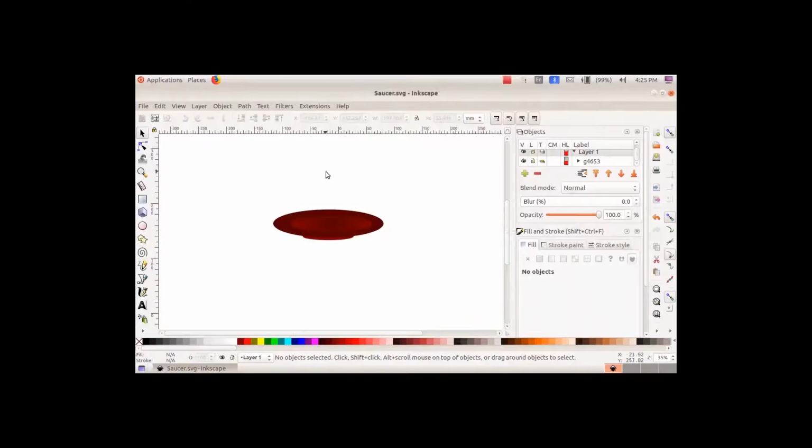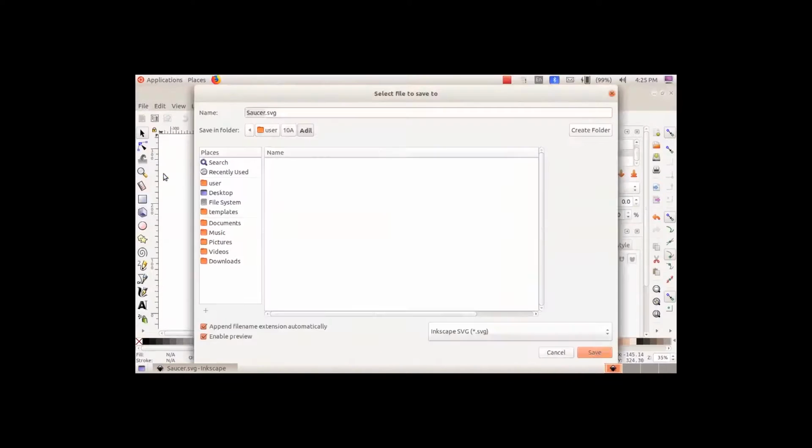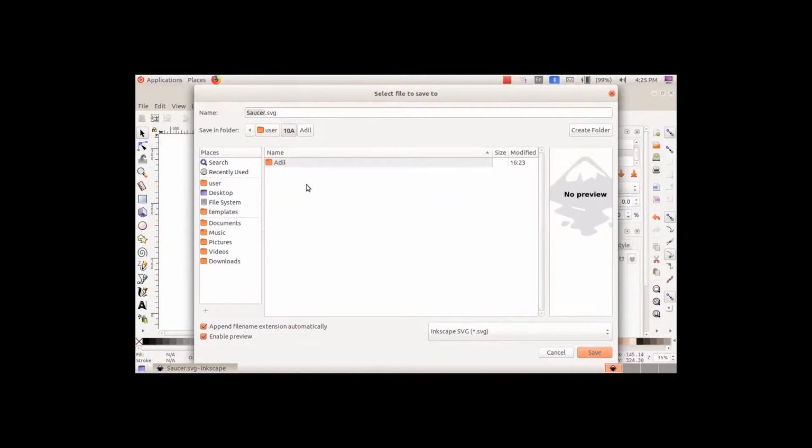Okay, now we want to save the image in the students folder. So click on the file menu, then save as. In home, a folder 10th A is given. Just double click and open it. The name of the student is Adil. So Adil had made a folder. So click on Adil. Then the name can be given here,